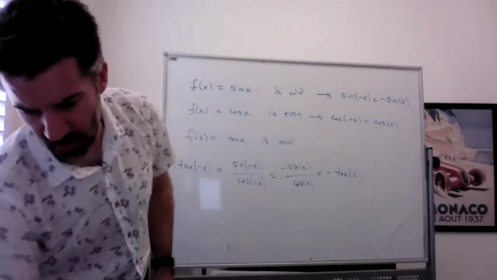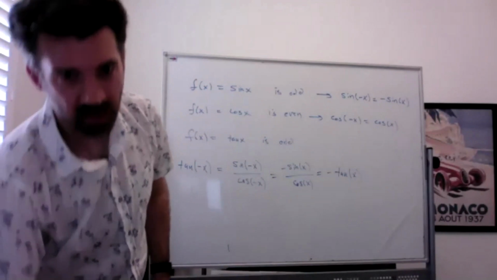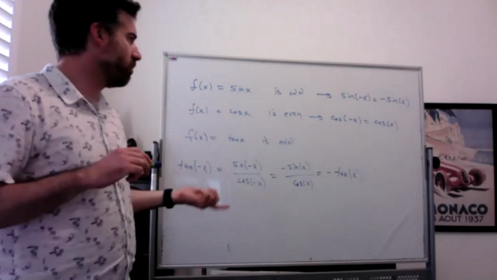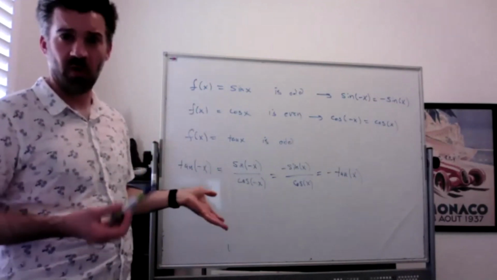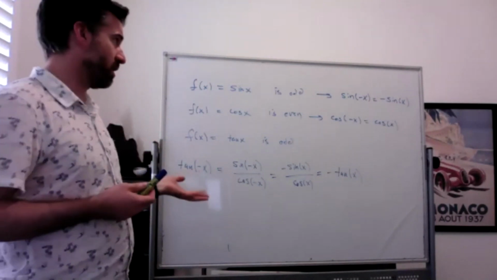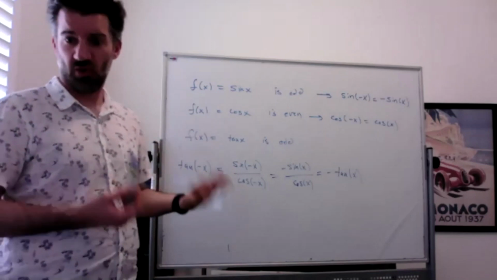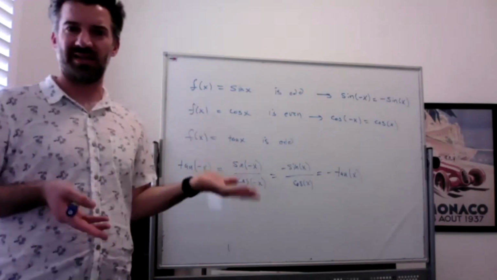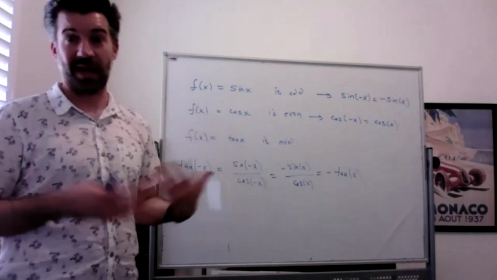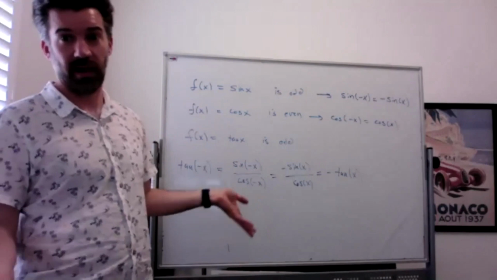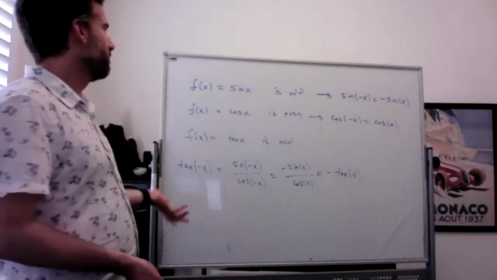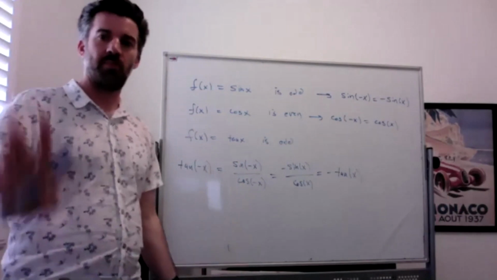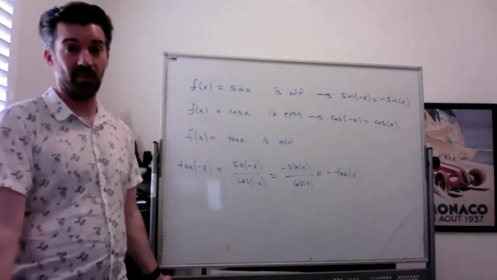And we don't really do a whole lot with that information yet. Once we come back around to chapter 4, I think, of the textbook, we'll start talking really about graphing things in earnest. And it's often nice to recognize a function is even or odd, because you only have to graph half of it, and then the other half is just the right kind of reflection. So not super important in general to know if a function is even or odd, but there are a couple times when it's useful, like when we're graphing it,